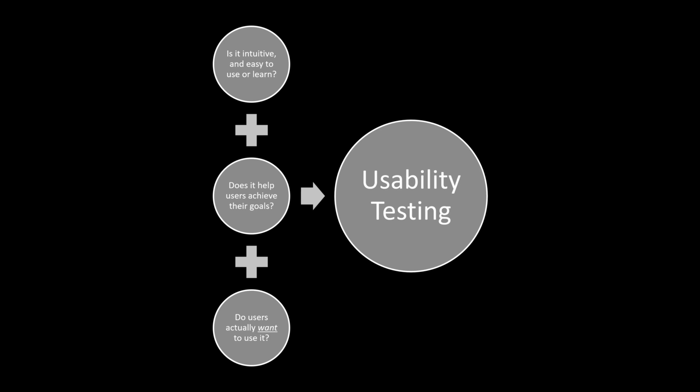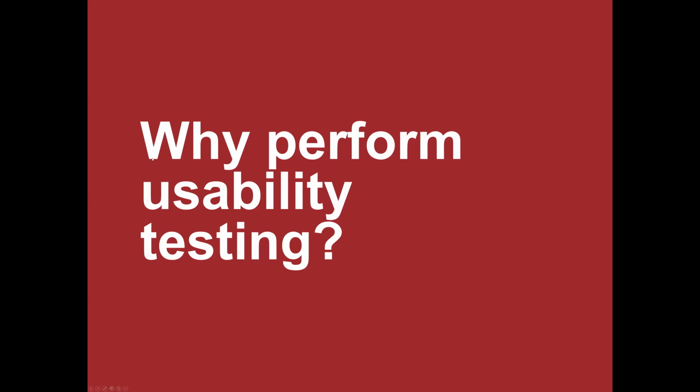We also talk about goals. It's one thing to say the tool can do this thing, and you can get the data that you need from the tool, but it's a different thing to say, can the user actually get the data that they're looking for? So again, we're focusing on, is the user able to use the tool the way they need to in order to succeed in whatever it is they're trying to find. And finally, we look at, do users actually want to use it? Because if you can build the best, prettiest thing in the world, but if it doesn't function right, if it's hard to use, it's hard to get to the detail that they want, or what have you, they're not going to want to use it. So we want to make sure that what we build is something that people want to use.